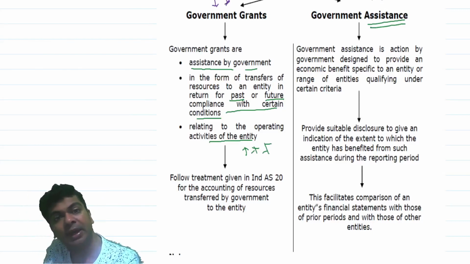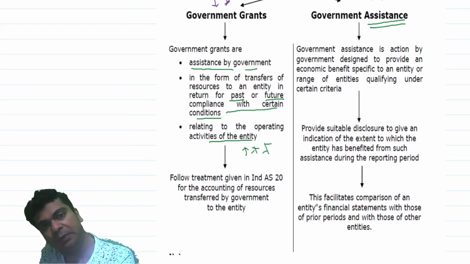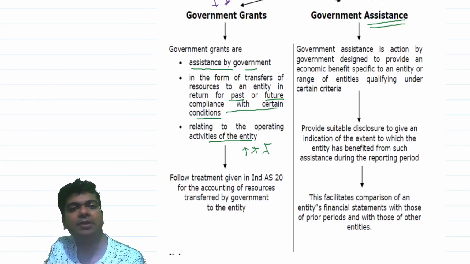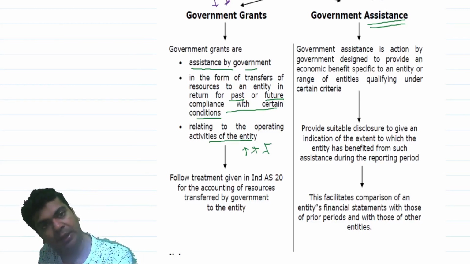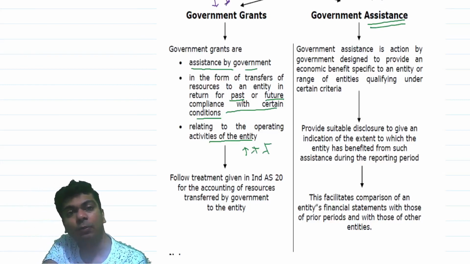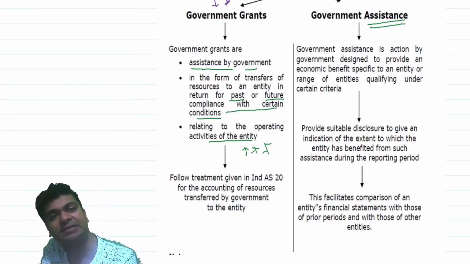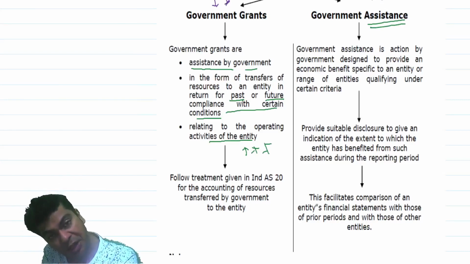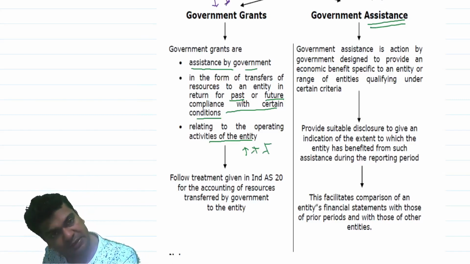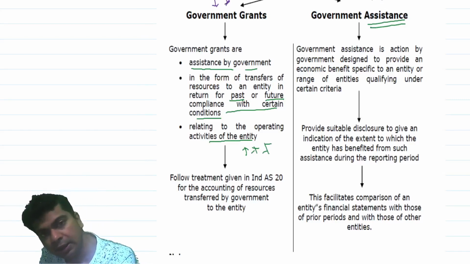That's nothing but an operating activity for me, for which I will receive certain assistance from the government. If there is any transfer of resources, then that is what becomes a government grant. You get my point? Government is assisting you, but there is no transfer of resources. Then it will be simply understood as government assistance. Then it will not become a government grant. For government assistance to be classified or understood to be as government grant, transfer of resources to the entity is